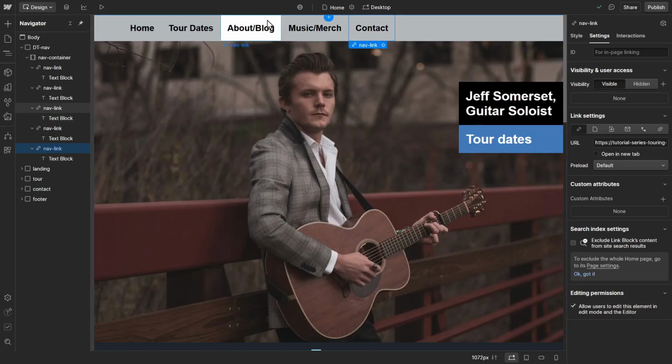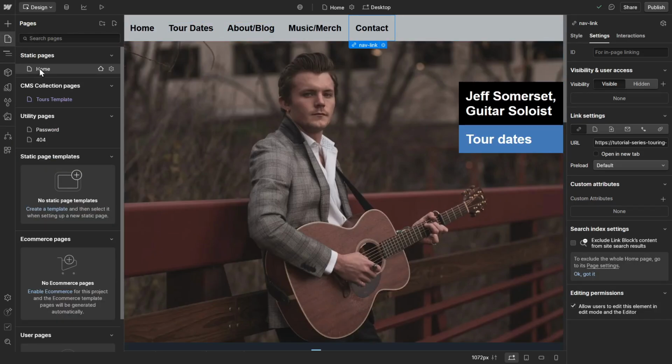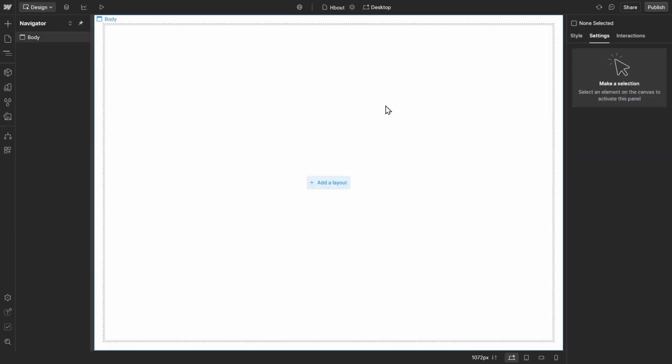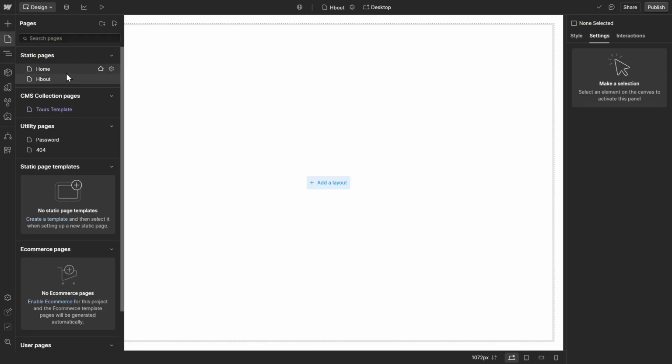Okay, so for about and blog, what we're going to do is simply go to pages, and we're going to click right here, create a new page, and click create a new page. And for page name, just put about. Okay, then click on create. Perfect. Now you're on the new page. What we're going to do is just leave this alone for now. We'll set this up another video. But for now, click on the pages button, click on home,